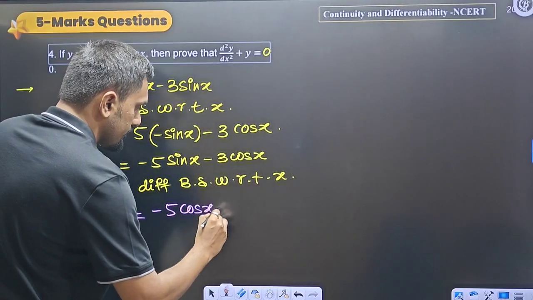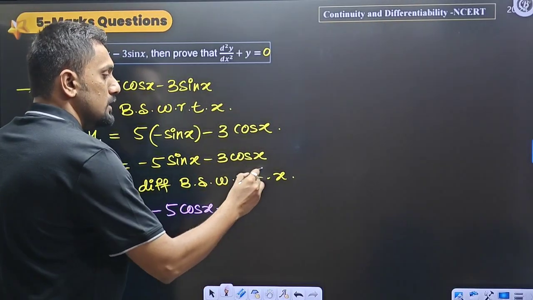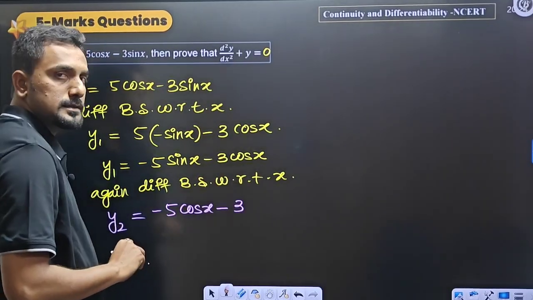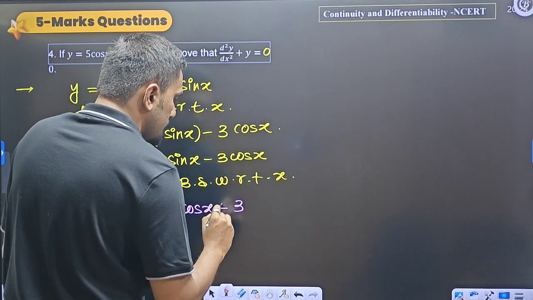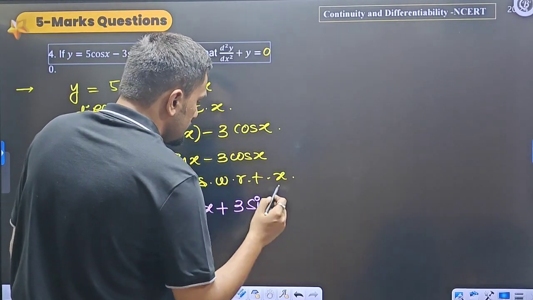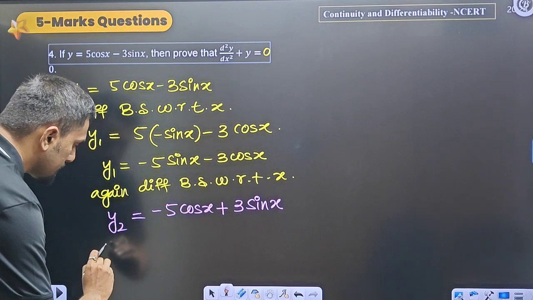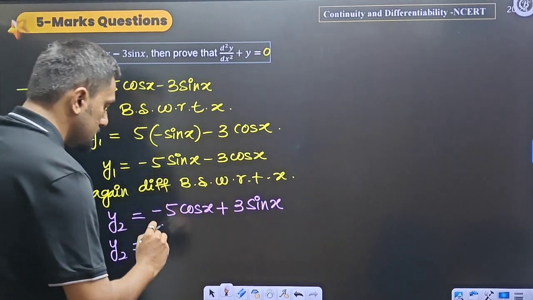Cos x, minus 3 as it is. Derivative of cos x is minus sin x, right? That minus into this minus becomes plus sin x. Okay, so in the next step what I will do is I will take negative common from this, then it becomes